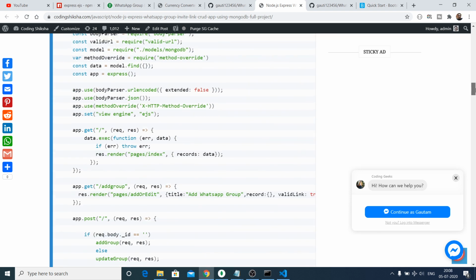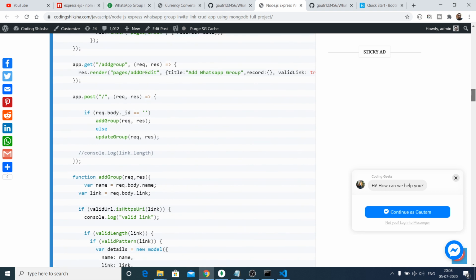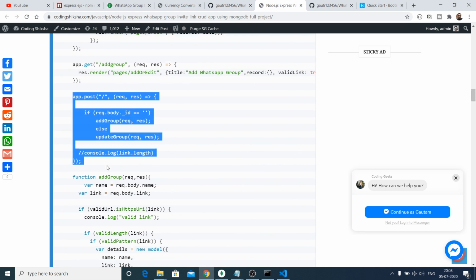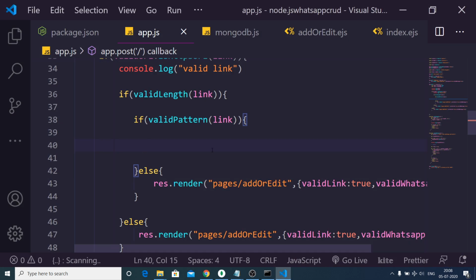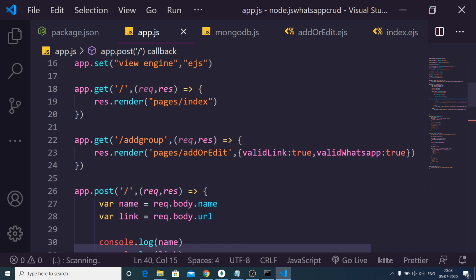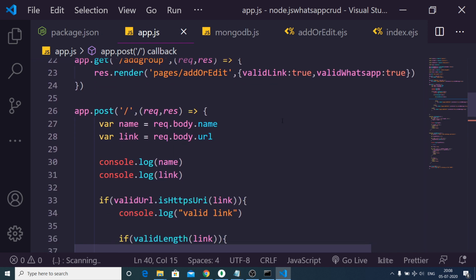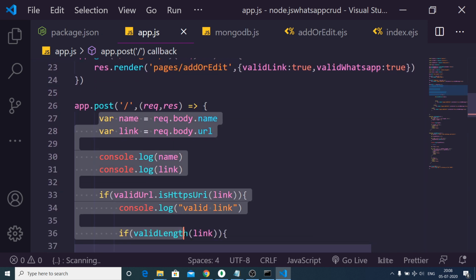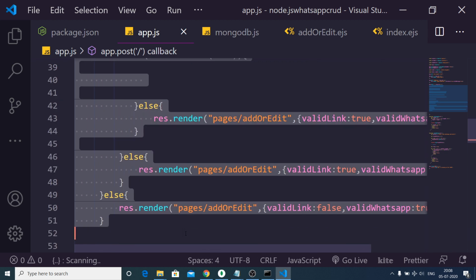So you see that, guys, when we make a post request from the home route, so first of all, add this code here. We need to transfer all this code into a separate function.